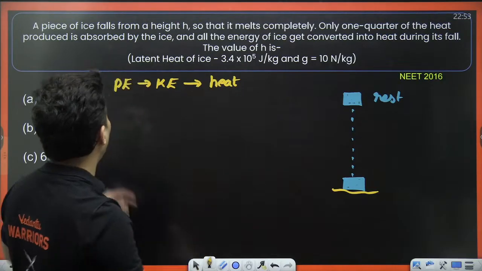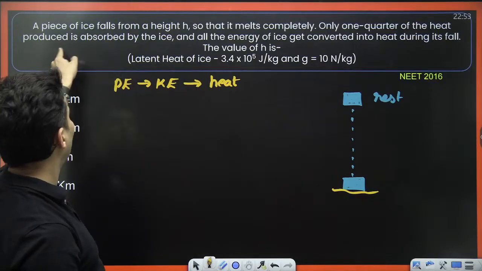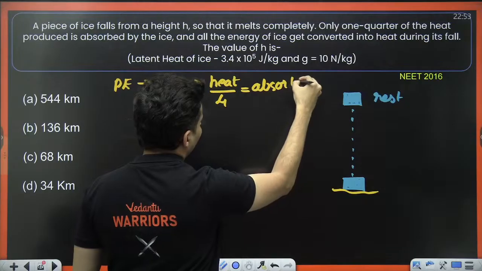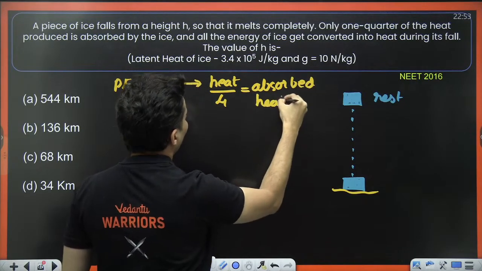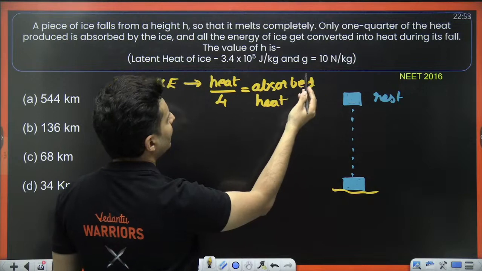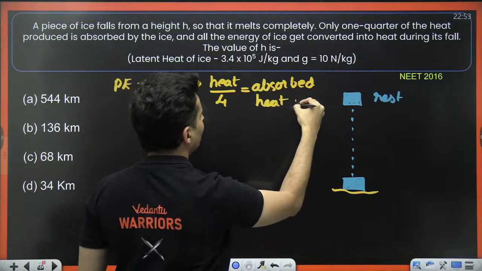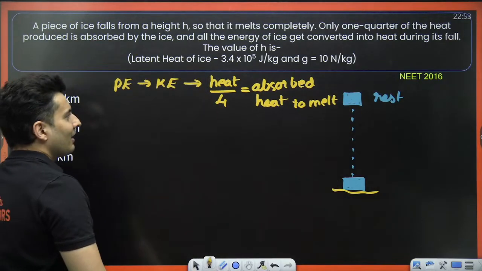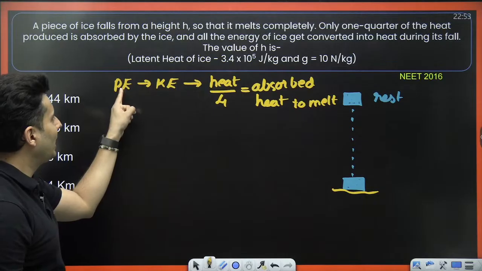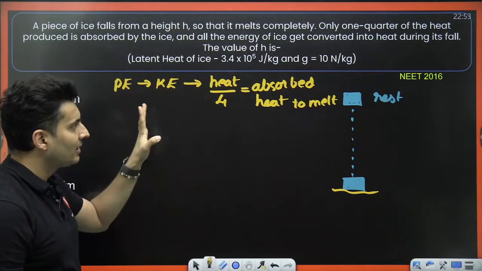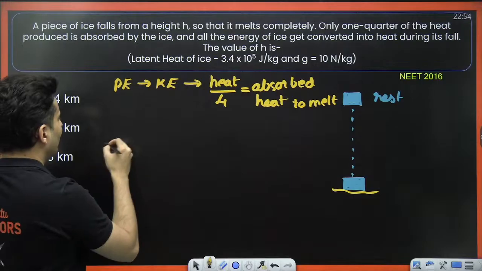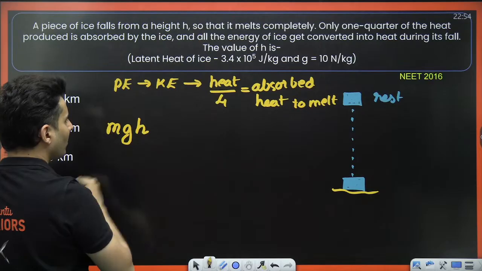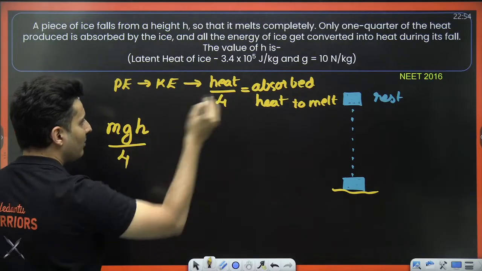But out of all that heat, only 1/4 is absorbed. 1/4 is actually absorbed heat, absorbed to melt it. Interesting. So think about it. If potential energy is kinetic energy is heat, can I not say mgh is that heat, and dividing it by 4 is the absorbed heat